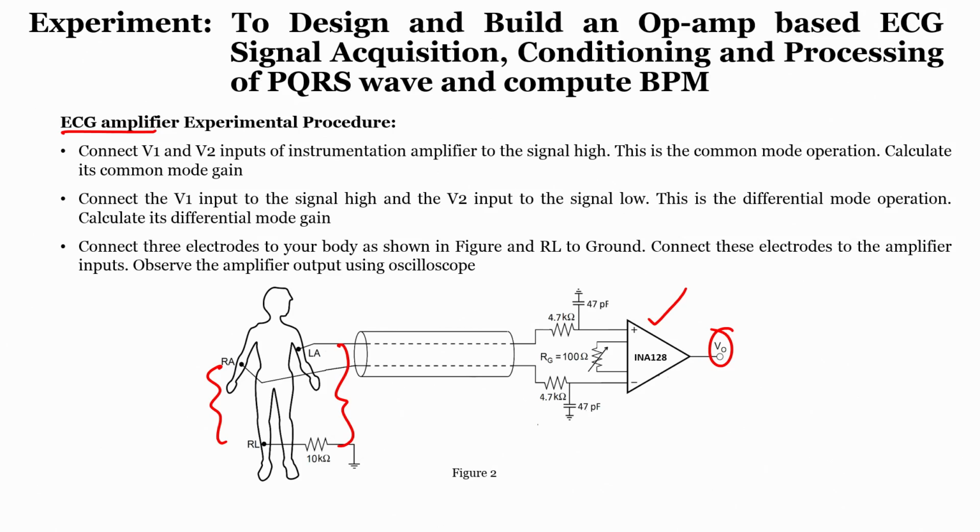But we have also seen that the amplitude of the ECG signals is really poor. That means I also have to set some kind of gain. When we look into the data sheet, it tells us what RG resistance is equivalent to a particular gain. In this case we can use a pot with a value of 100 or 200 ohms. We will keep on tuning it, and whenever we feel we are getting a very good amplification factor, we will stop. Generally speaking, we will be using a gain of 500 to 1000.